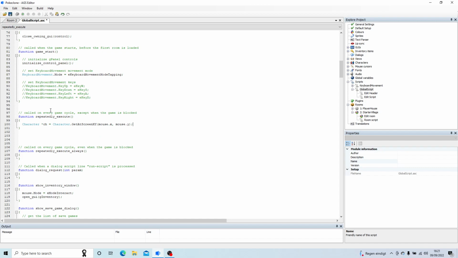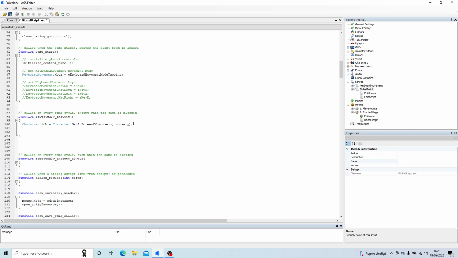So all we're doing there is if the mouse is over a character object, we're storing that value in this little variable called ch. So if ch is not null, so there is a character underneath the mouse,